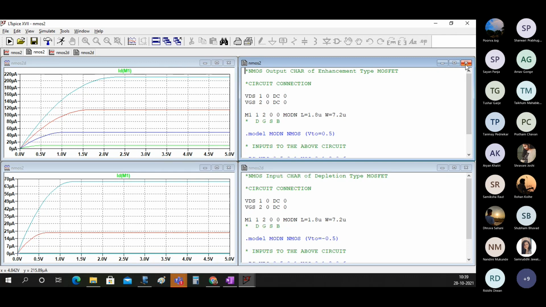But yeah, so now do it for PMOS. So can you all do it for a PMOS?